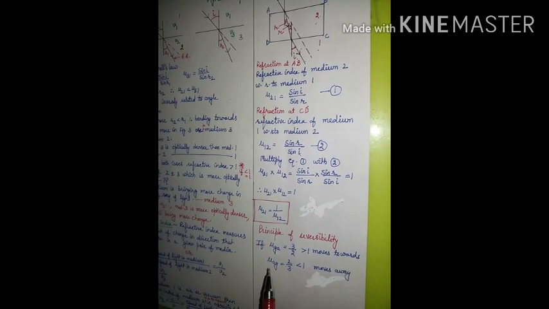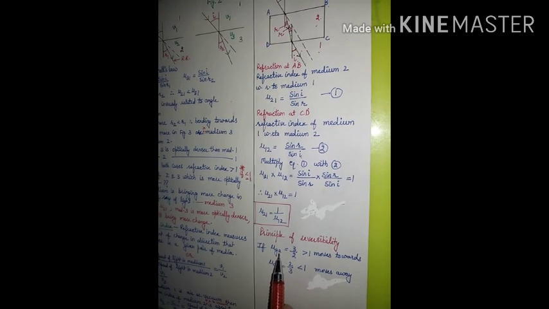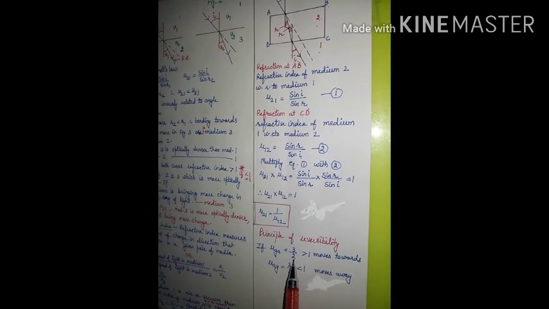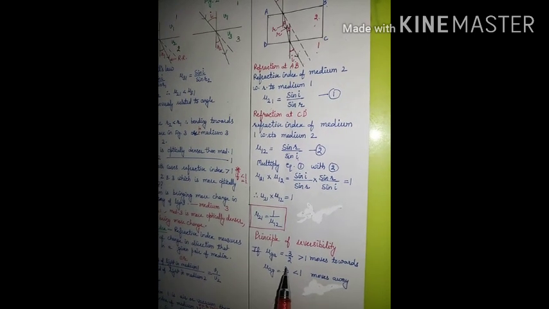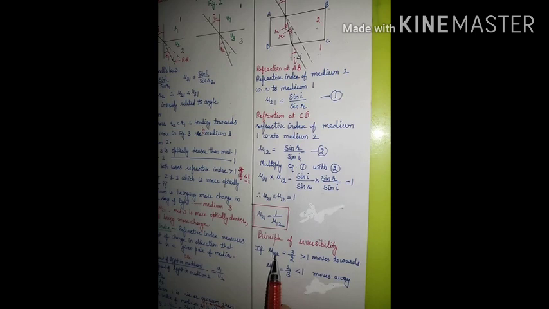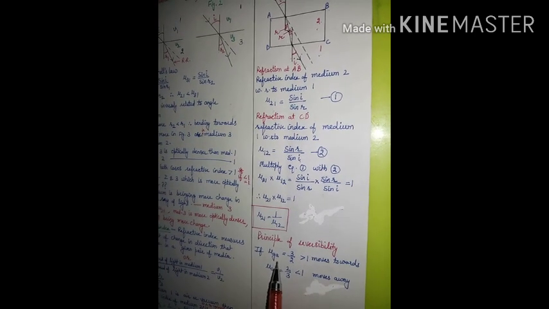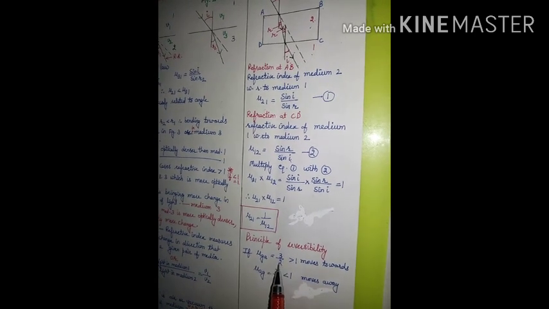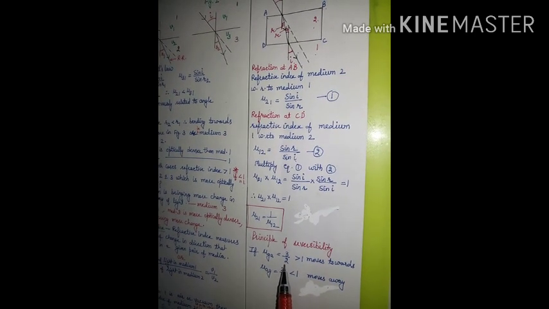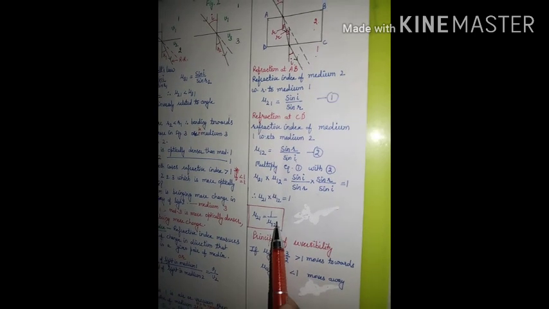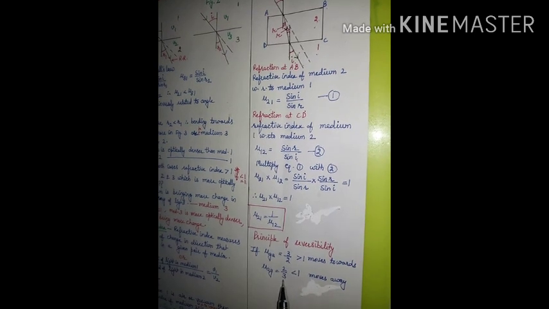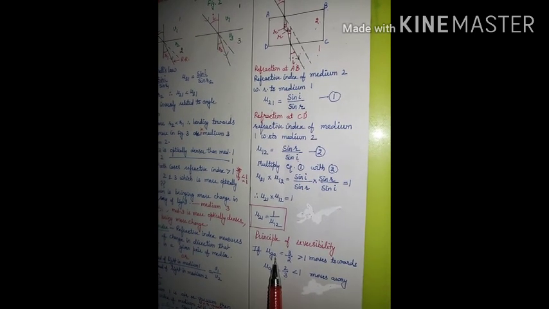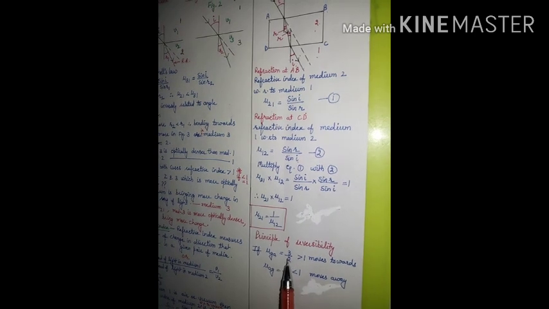If it is given that the refractive index of glass with respect to air is 3/2, then what is the refractive index of air with respect to glass? It means if your ray of light is going from air to glass, then the refractive index of glass with respect to air is 3/2. If your ray of light goes from glass to air, then what will be the refractive index? We will use just this formula. In that case, this will be the reciprocal of this. This will be 2/3.